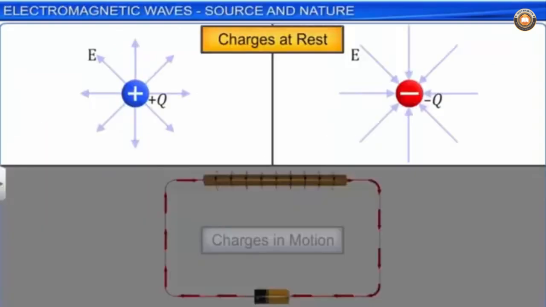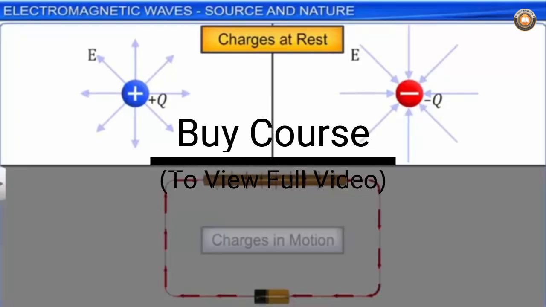In earlier lessons, we have learned that charges at rest produce an electrostatic